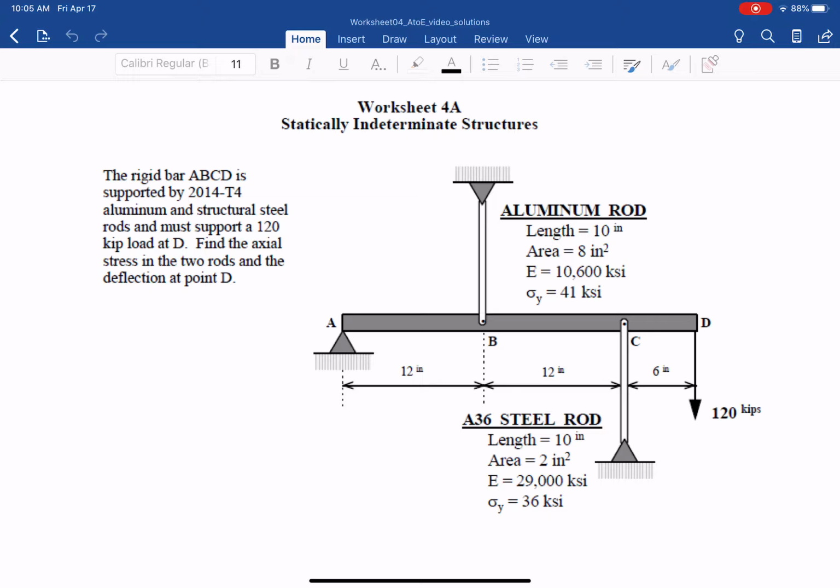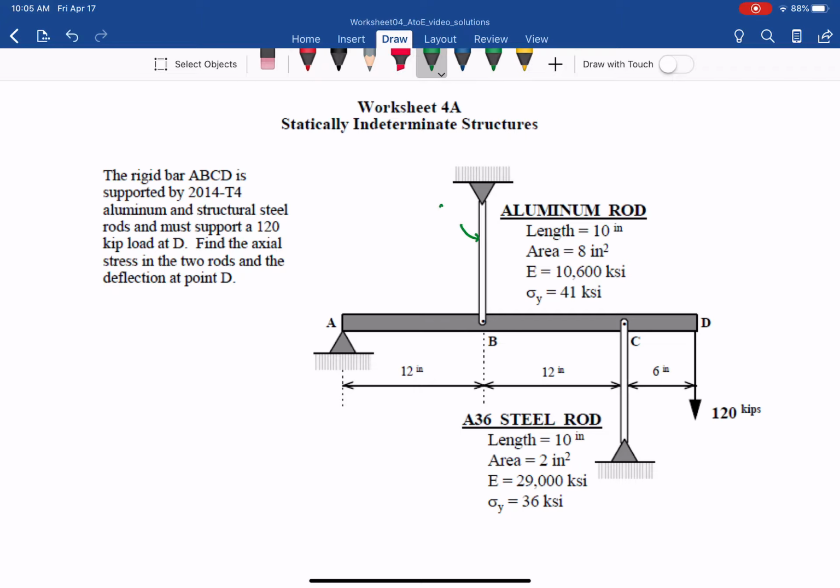Worksheet 4A, statically indeterminate structure. So there is a rigid bar A, B, C, D, the horizontal gray bar that you see, supported by 2014-T4 aluminum, and so this is aluminum, and also a steel rod. So that is the steel rod ST,